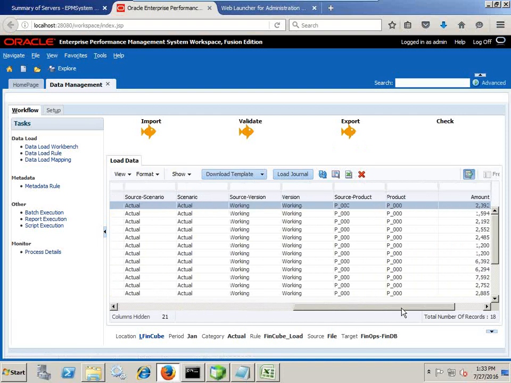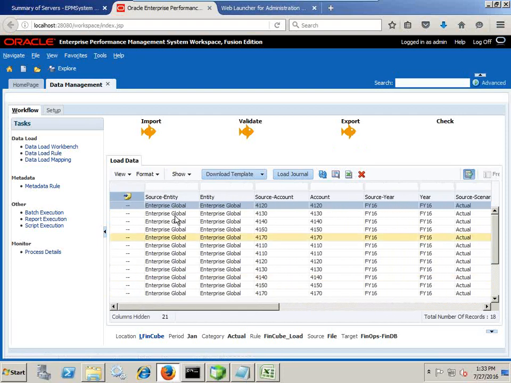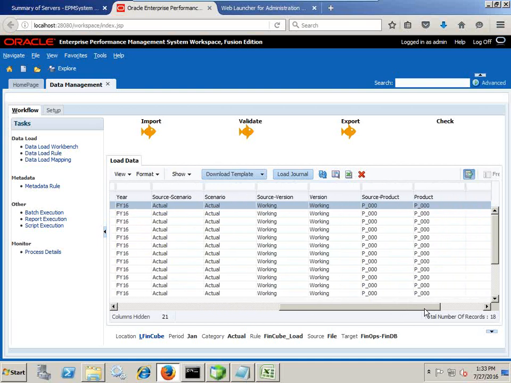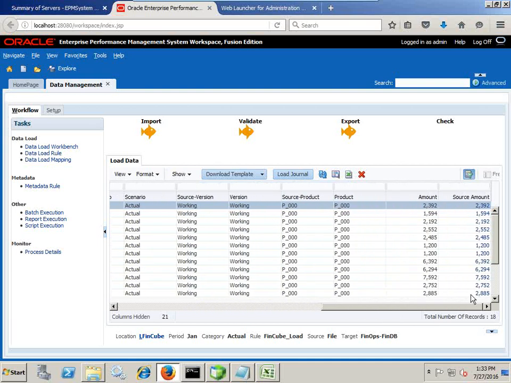If you look further at this, you find the source to target mapping. Look carefully. Source entity Enterprise Global maps to target entity Enterprise Global. Source account 424120 goes to target account 4120. The same goes for year, and the same for scenario, version, and product. It's a one-to-one mapping. This is your data. Data got loaded successfully. In a further example, I'm going to show you how to check your staging table and temporary